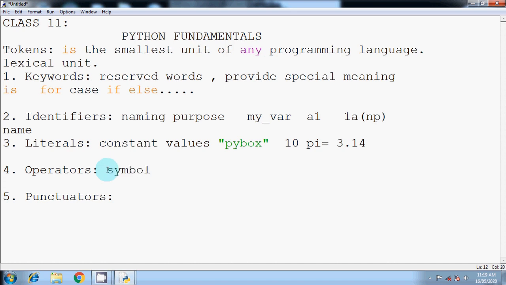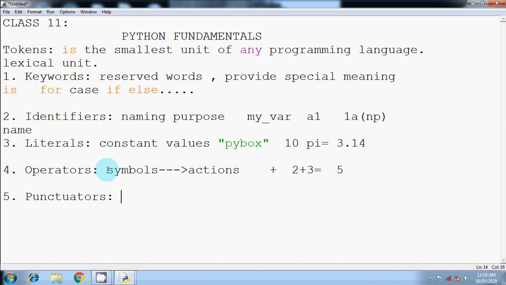Operators. Operators are basically those symbols which lead to some actions. For example, we just discussed plus as it comes in the category of special characters, but whenever you use the symbol plus, it simply adds and gives you the sum of two numbers. So 2 plus 3 is a simple statement, but the symbol plus is acting like an operator, triggering some action, and it gives me a result 5, which is the sum of these two digits.